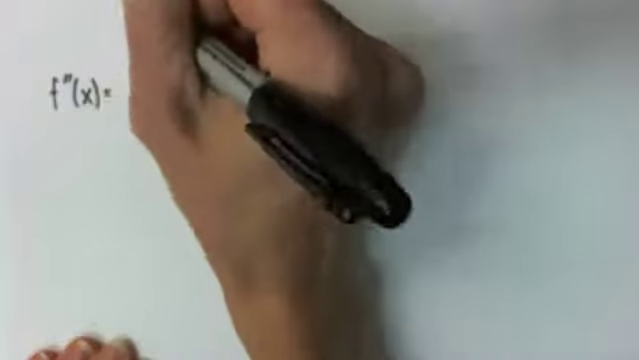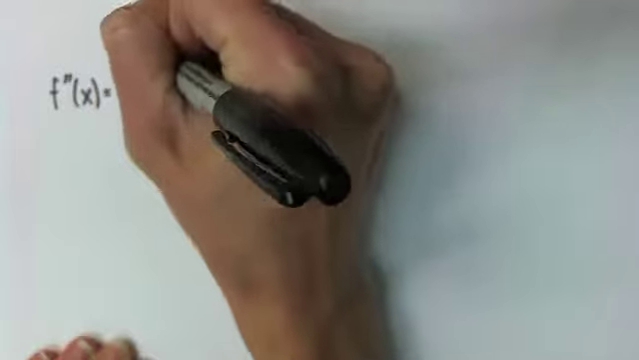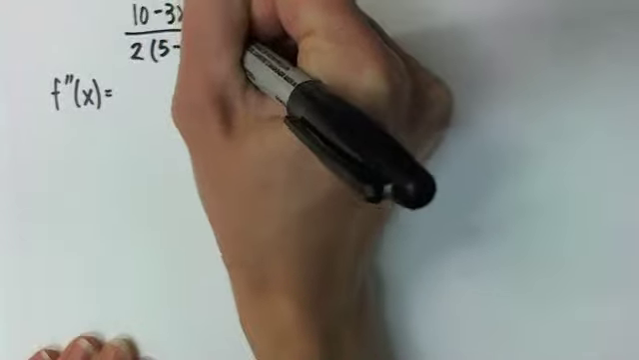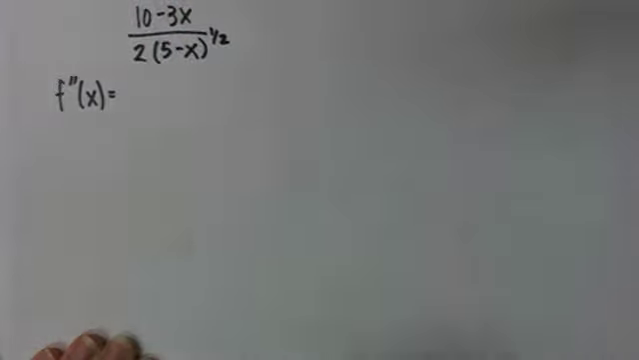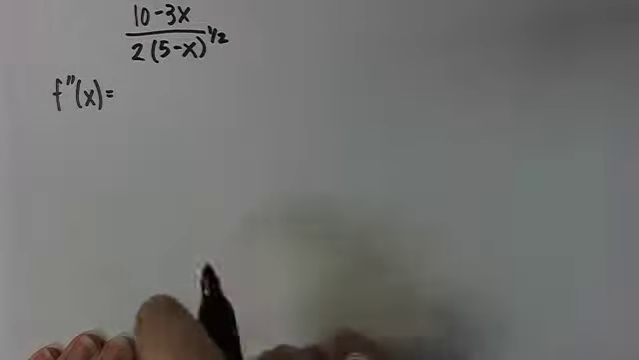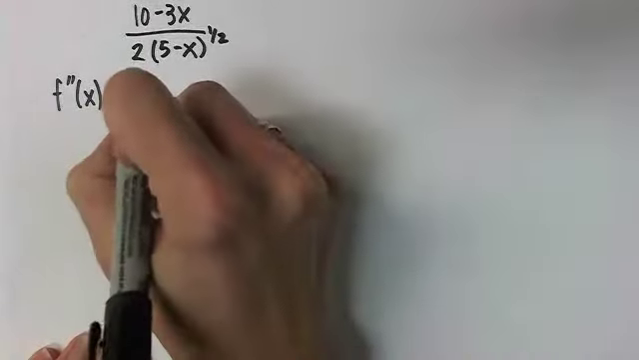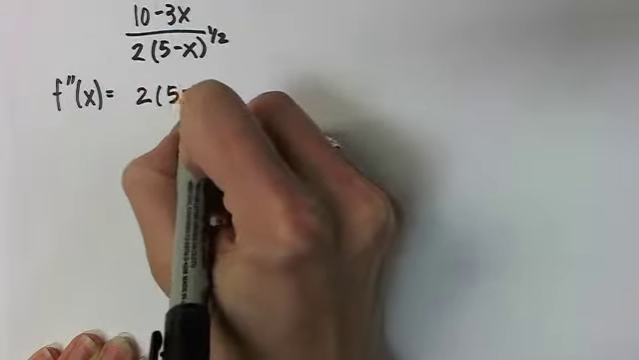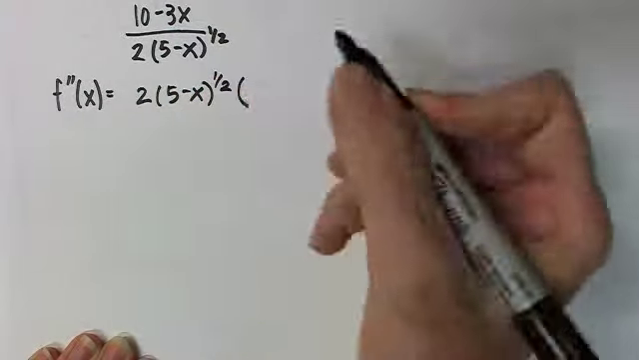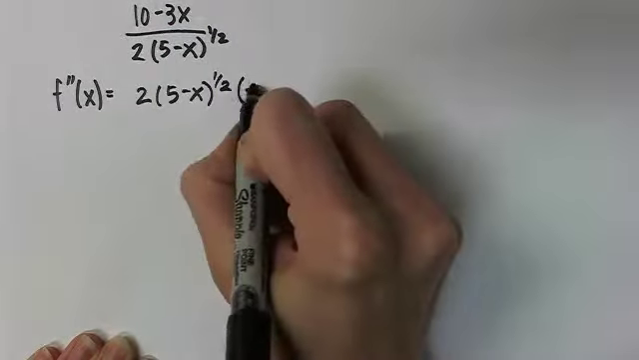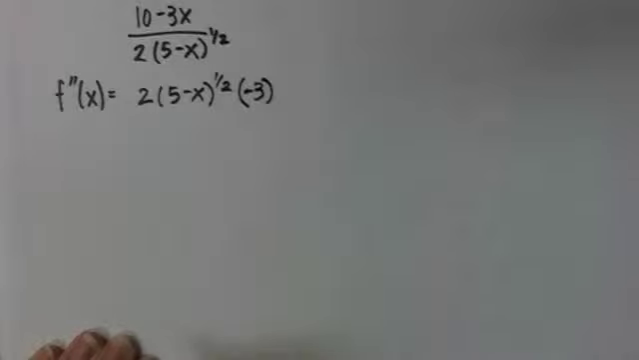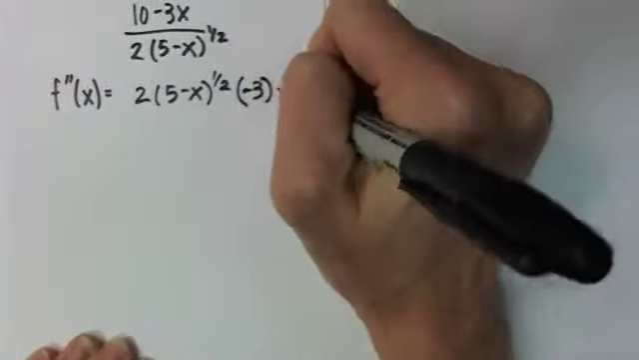Okay. So second derivative, well, let's see, I'll rewrite. The first derivative was (10 minus 3x) divided by 2 times (5 minus x) to the 1/2. All right, so the second derivative is going to be nice and messy. We're going to use the quotient rule here. So we'll get low d high, derivative of the numerator is just -3, minus high